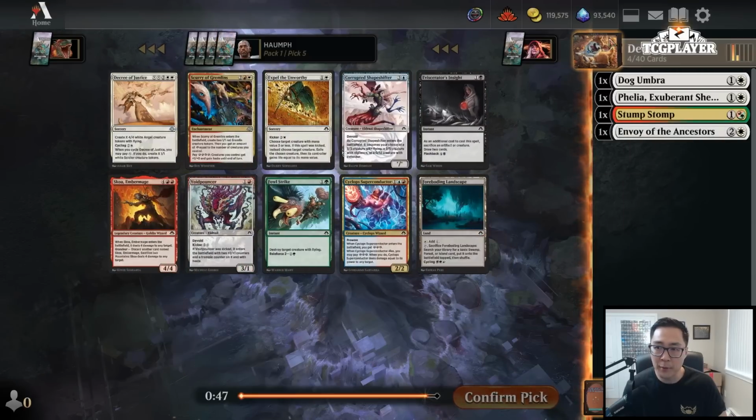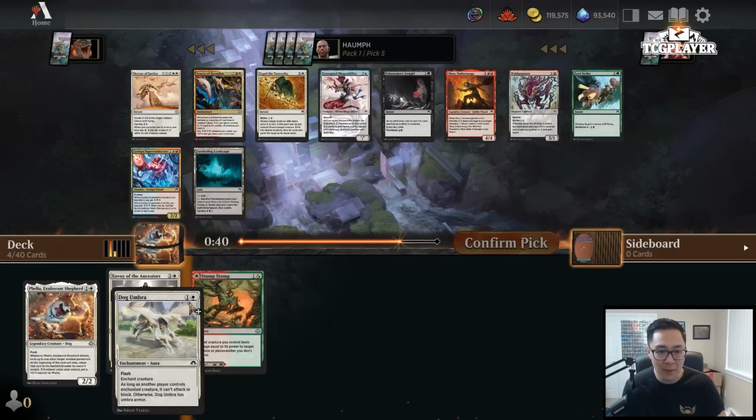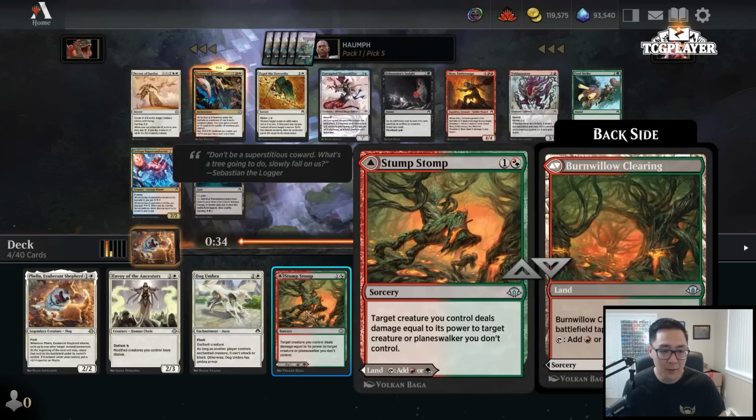Just starting out with a bunch of decent white cards, and wow, that's a Scurry of Gremlins. Scurry of Gremlins is a Mythic uncommon level card. I do think it's incredible, and I do think it's going to be the pick for us here. So now in hindsight, over the Stomp, maybe...